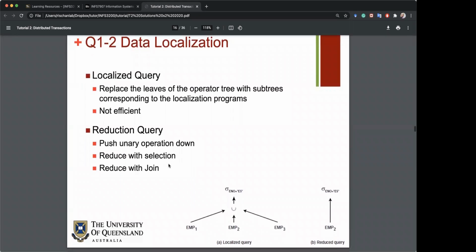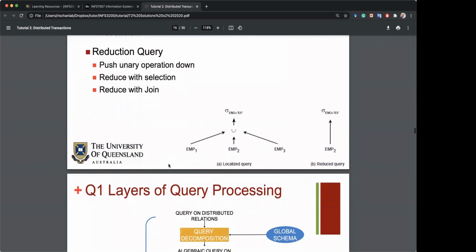Maybe I just want to explain quickly. The point in this one is like this. Let's say you have 3 fragments on your employee table. This is the first fragment of the table employee, the fragment employee 1, and this is the fragment employee 2, and this is the fragment employee 3, right? And then you have a query. You want to execute a query here, but you don't know